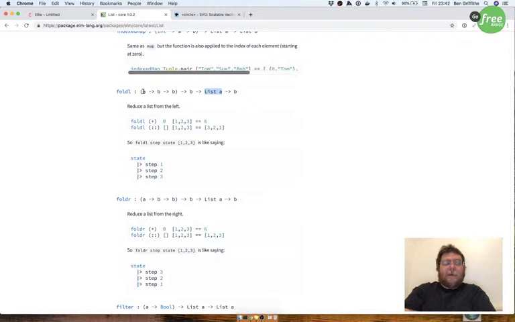So we want to take a function that takes a thing that's in our list, which is that list of strings now, and a string, returns